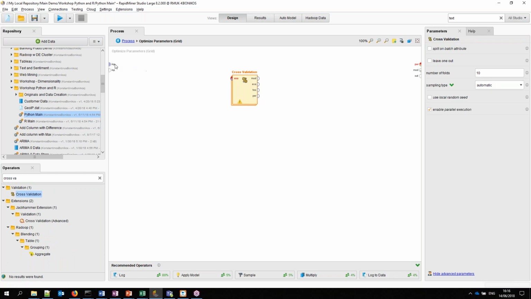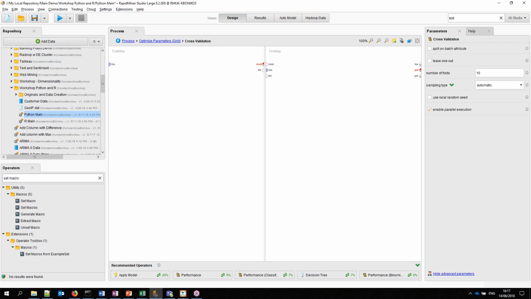And connect it as normal. So we'll take the data and we'll output basically the performance only, because that's what we're interested in here. And then inside the cross-validation, so now we're doing a parameter optimization in the algorithm. And how are we going to do this? We're going to use a macro. So we're going to use a set macro operator,